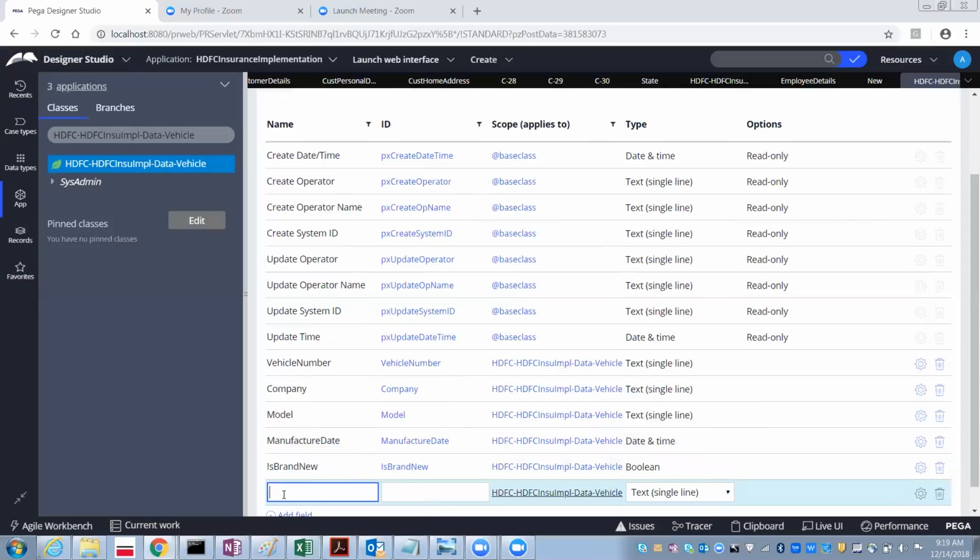And then we can have something called it had previous insurance. That means if it is the old vehicle which I am buying, otherwise if I want to renew my insurance, I may not be going for the same insurance, right? Currently my insurance would be AIG insurance, and next time I would like to go for some other insurance like HDFC. Now I wanted to come to the HDFC, so I just wanted to check whether it is already insured or something like that.